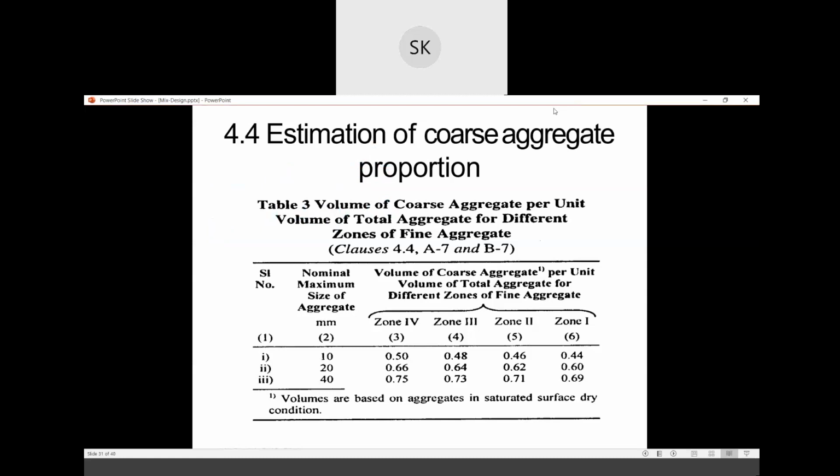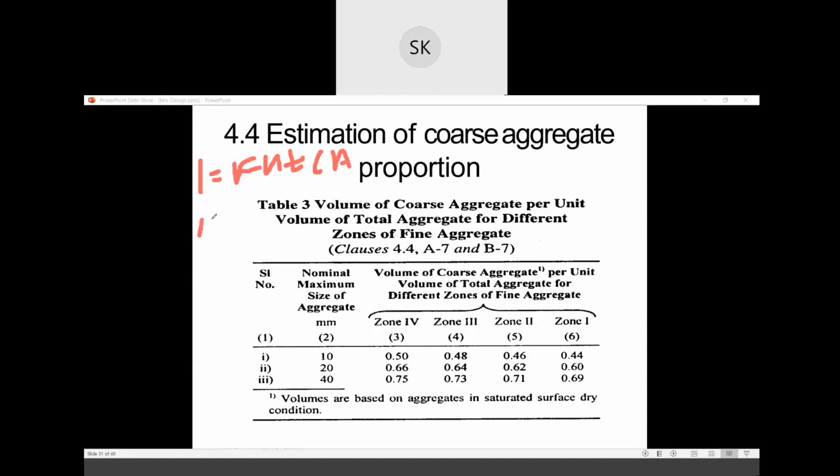Suppose my total aggregate is 1 and it comprises fine aggregate plus coarse aggregate. Okay, so this ratio will be of coarse aggregate.